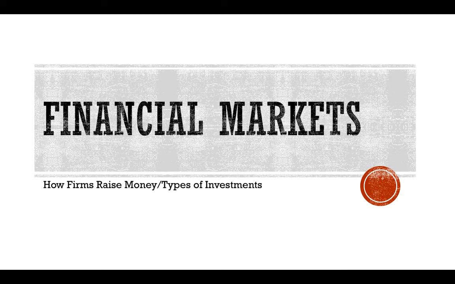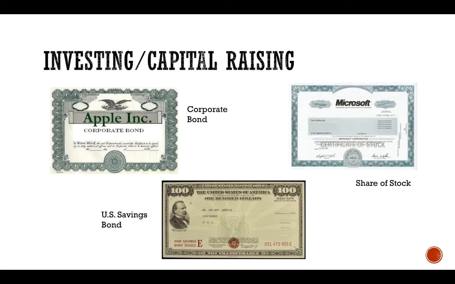We're going to look at financial markets in this unit. We're going to look at how businesses raise money. And the way they make money is by us buying their investments. So we're going to do two standards here: how firms raise capital or money to either start a business or grow their business. And those are the opportunities that individuals take to make investments in different types of businesses.